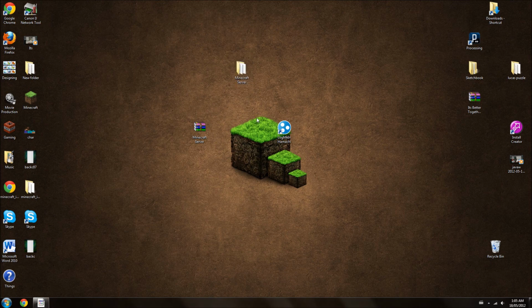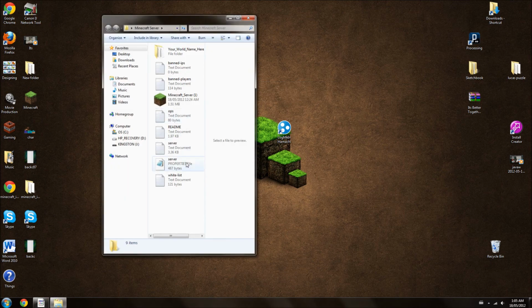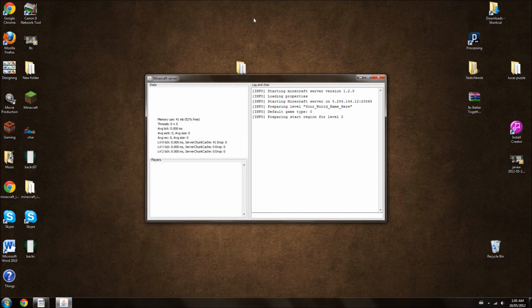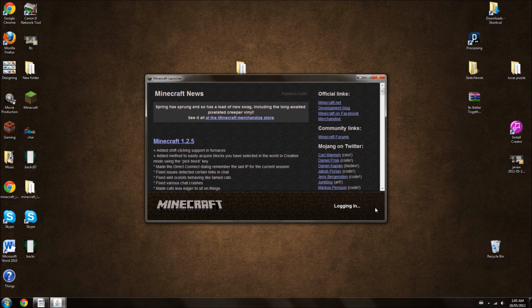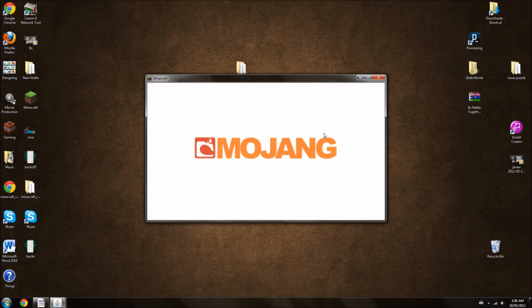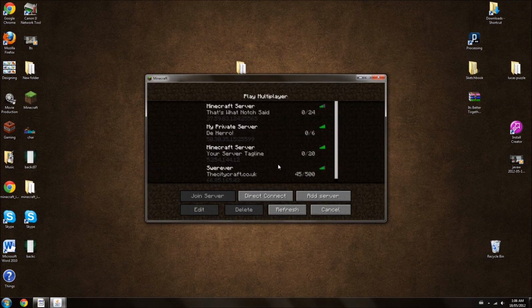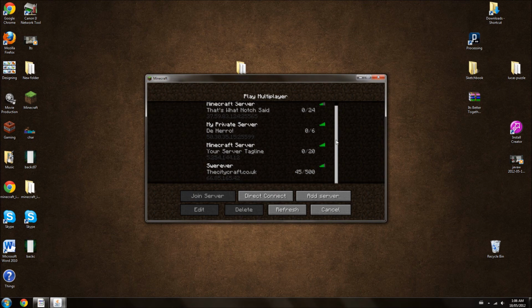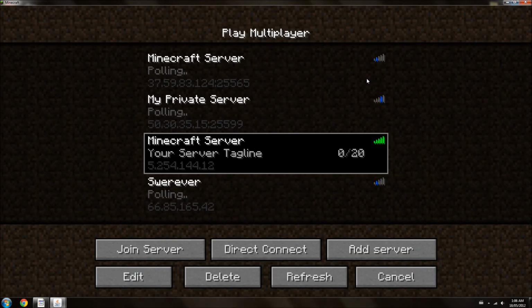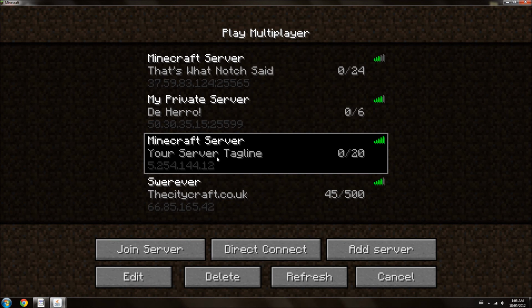And so you would have this running here. And then someone could go into their Minecraft and I already have it here set up. So Minecraft server, your server tagline, which you can set, and my IP down there. Here, let me open this up. My IP right down there. And you don't have to type your own IP if you're